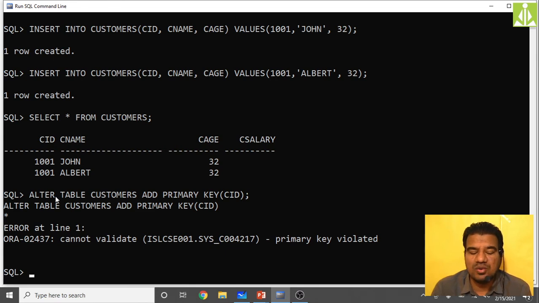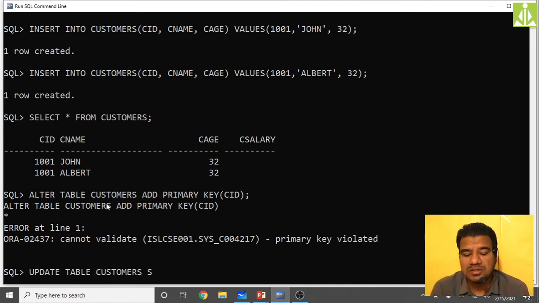So now I will use the update table command and try to modify this particular thing. Update table, table name is customers, set CID equals to 1002, where I will take the name column because Albert is different, right?